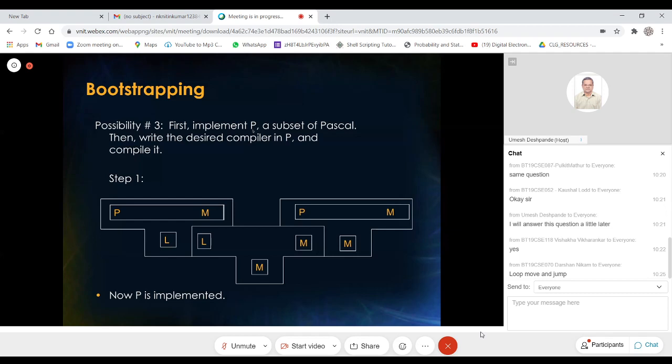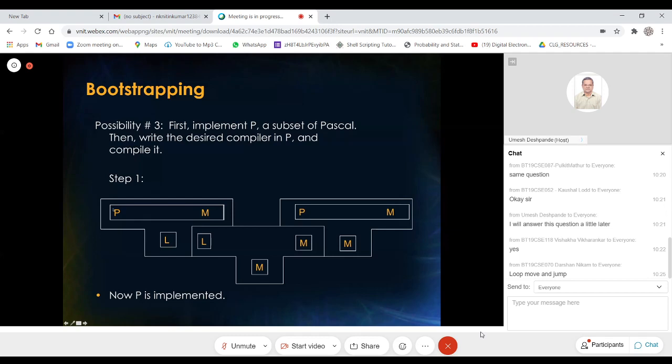And we know that anything can be written in assembly, however complicated that might be, but it is inconvenient for us to do that, right? However, it's not impossible. So it can be done, and any program can be written just using these three kinds of statements, right? So what we do is smartly pick up some subset P of this entire language Pascal, and now we develop a translator, a compiler for this small subset P.